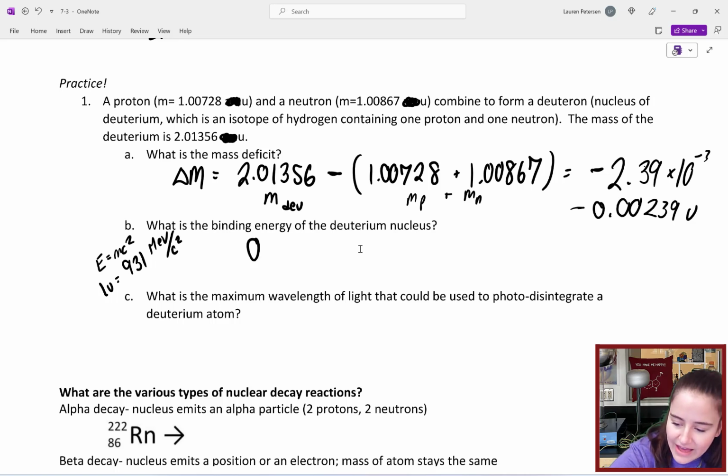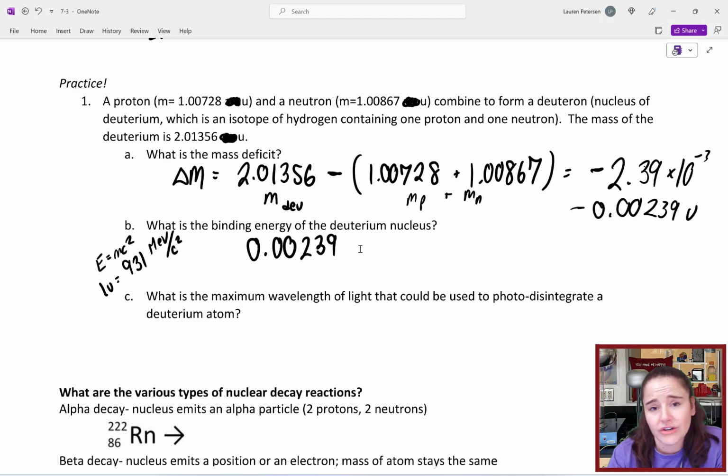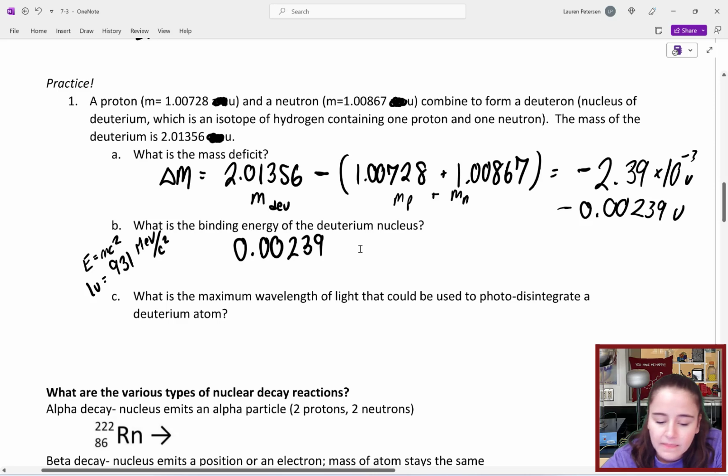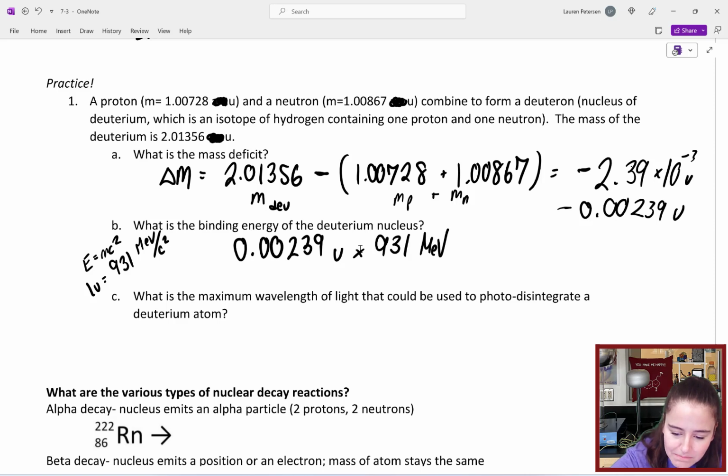Since it's just the energy, I don't need to keep that negative sign. It's just showing that it lost mass. So 0.00239 U, I can just multiply by 931 mega electron volts per c squared, and you get